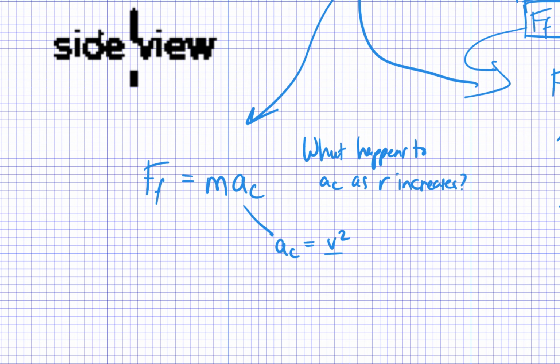So there's two real options for how we calculate the A sub C. One is V squared on R. The other one is R omega squared. The temptation is to do V squared on R. It's easier for us to think about V squared on R. However, the problem here is this. If I increase R,